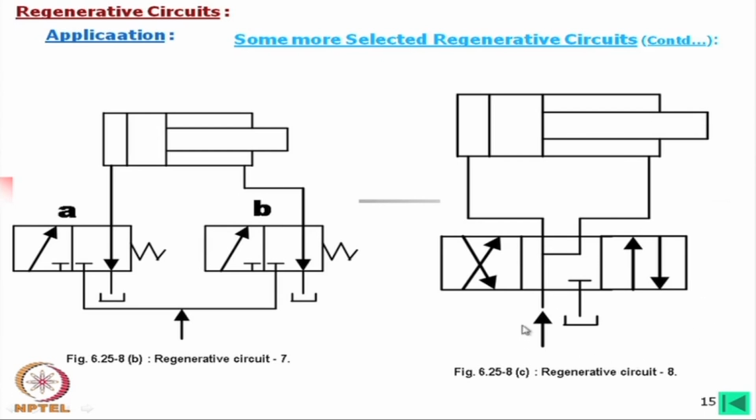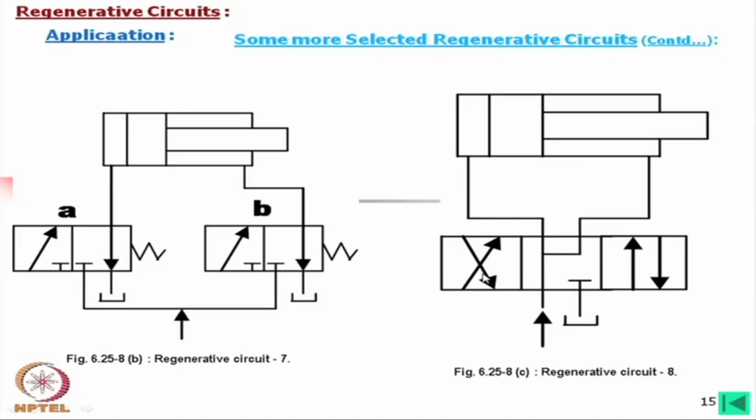Only then there will be flow through the pressure relief valve. You can write this note, while you are trying to answer this, what will happen to this section, you can write that in that case there will be flow to the tank through the pressure relief valve. We are distinctly getting one normal forward motion, one regenerative motion and one return motion for the 3 valve positions,